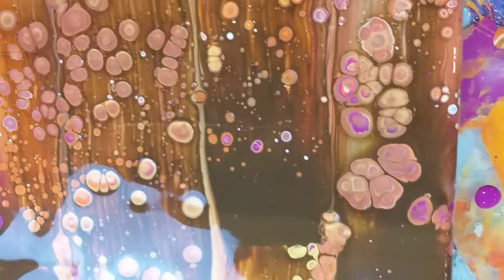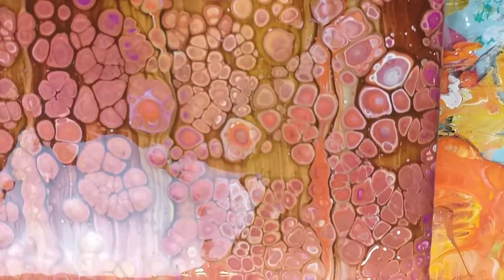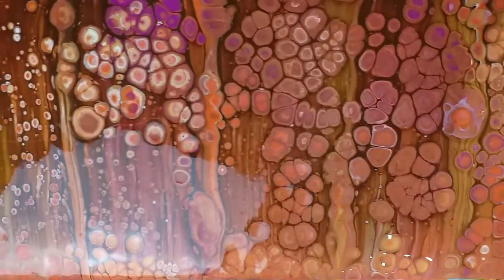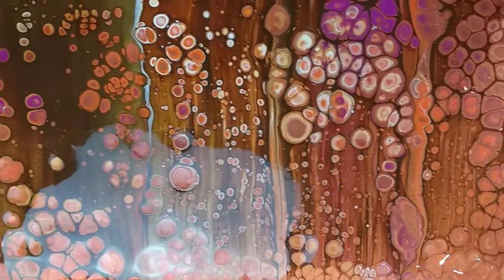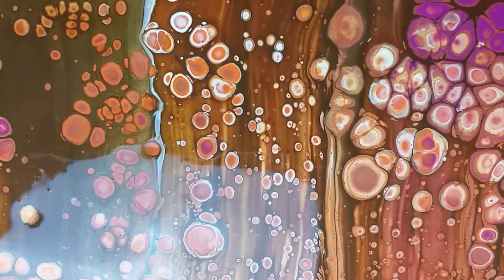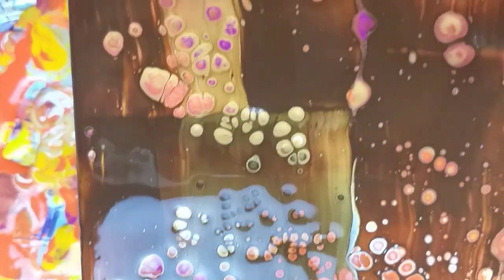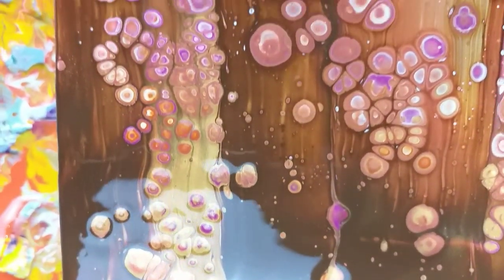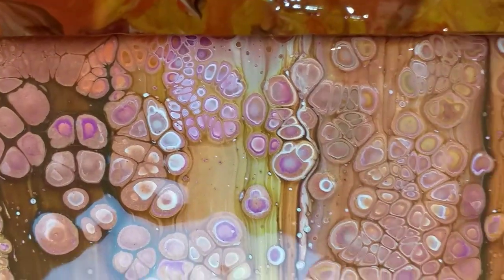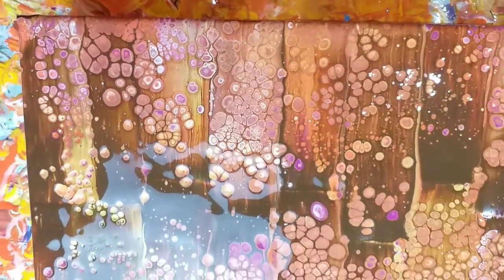There's less cells at the moment, and again, I'm not going to overdo it with the blowtorch and with the cells, because the cells will get bigger and they will expand over the next hour or so, I guess, until it starts to dry. I love this. I love bigger cells next to smaller cells. I think that looks gorgeous, where you've got just a variation. And the copper, it almost looks like a sort of pinky colour coming through there. Really pretty, and I love the purple with it. It's not overpowering, but there's just a hint of it which ties in really nicely